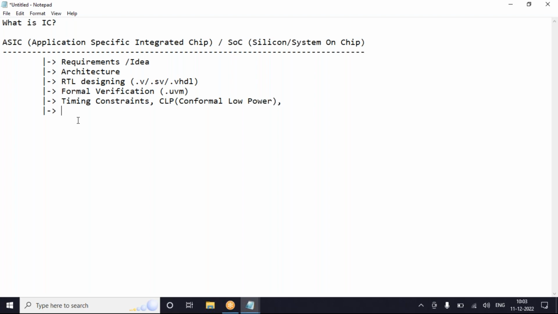But there are millions of transistors, or let's say lakhs of registers and combinational cells present, right? Now to check each and every one will be a hectic task for me. Test bench code for all those sequential circuits will be too huge, right?